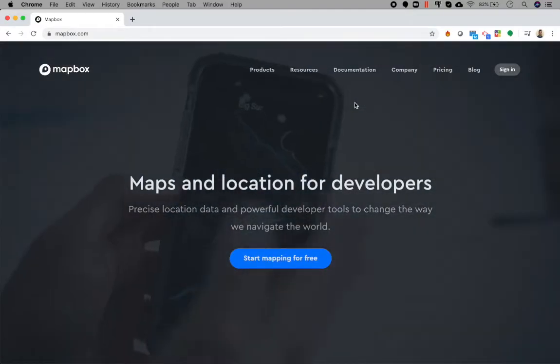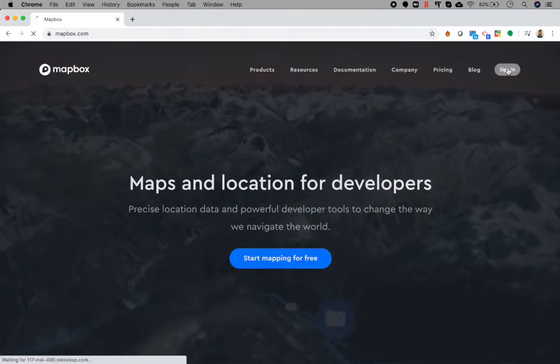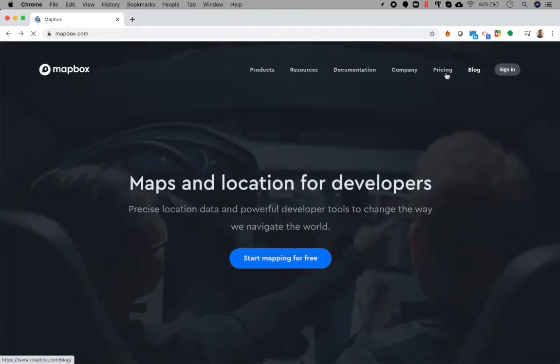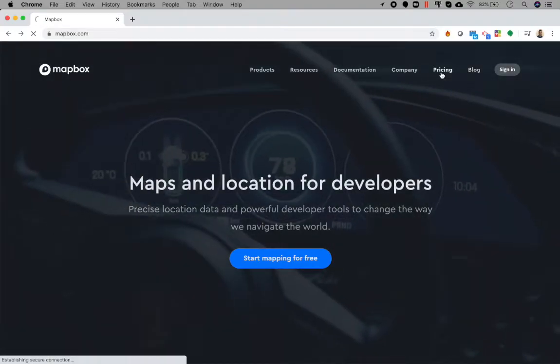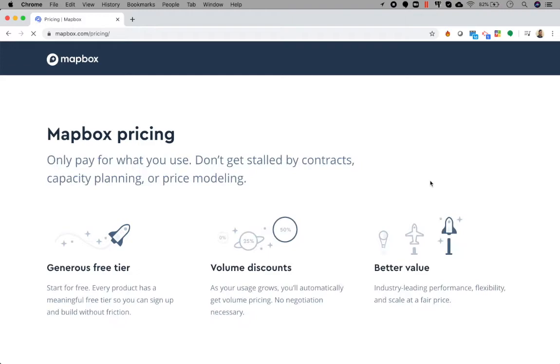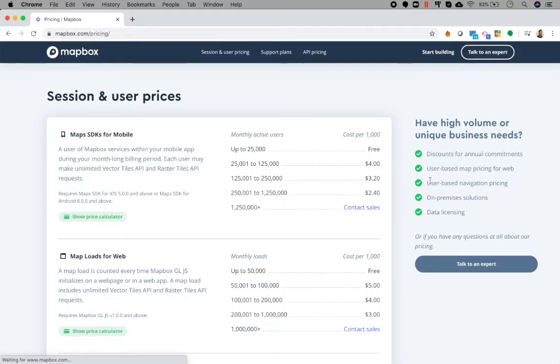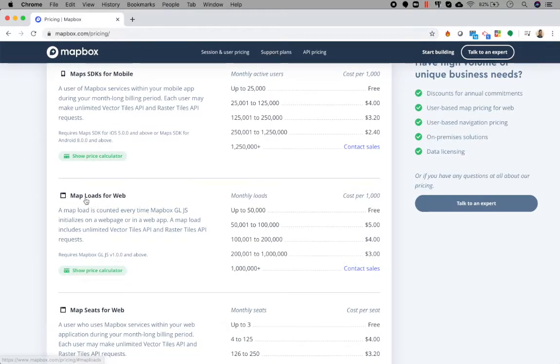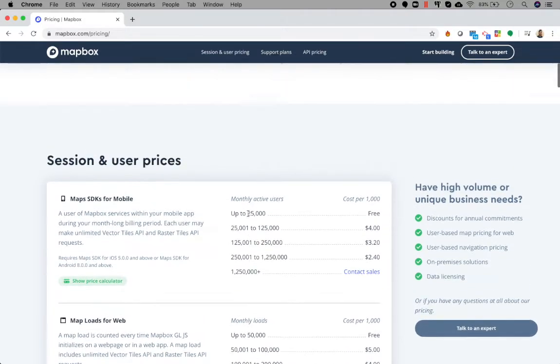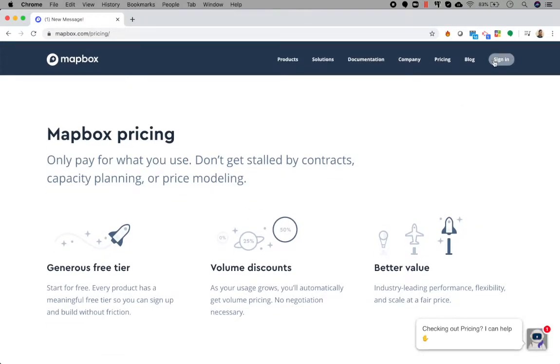In order to get started, you will need to create an account on Mapbox. Don't worry, although you can see the pricing there, it's really free to create an account. Of course, Mapbox is not 100% open source. They will charge you, but it is not that much. You don't have to think about that in the beginning. As you can see, loading Mapbox is free up to 50,000 loads per month, and don't worry, you will not run out of this 50,000 loads per month. So for now I can say that it will be totally free to create an account and to use it just for practicing.